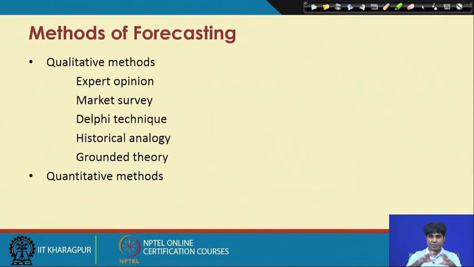So, what is happening in general, qualitative methods of forecasting is a situation where you do not know how to analyze this particular engineering problem and do the kind of forecasting. So, what will you do? You put this kind of engineering problem in front of a group of experts, or a group of persons who have excellent knowledge on this aspect, and then ask them to discuss with each other, and in the discussion mode you can pick up some of the components which in future can be treated as the root for making the decision